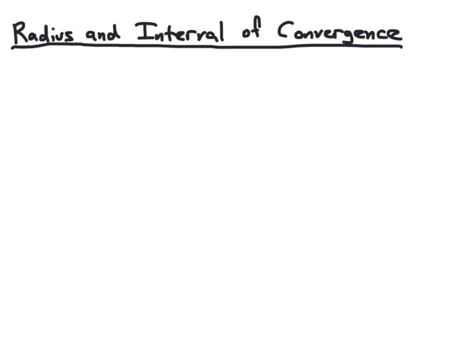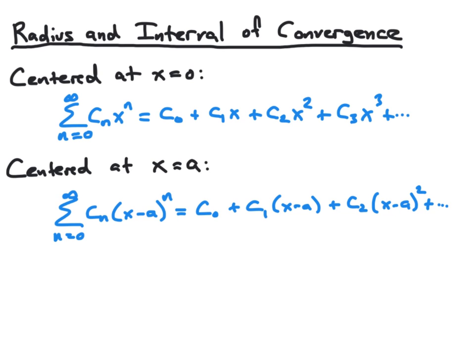In this video, we're going to discuss the radius and interval of convergence of a power series. We know that power series come in two different flavors. We have those that are centered at x equals 0, and those power series can be written in the form sum n equals 0 to infinity of c sub n times x to the n, where c sub n will